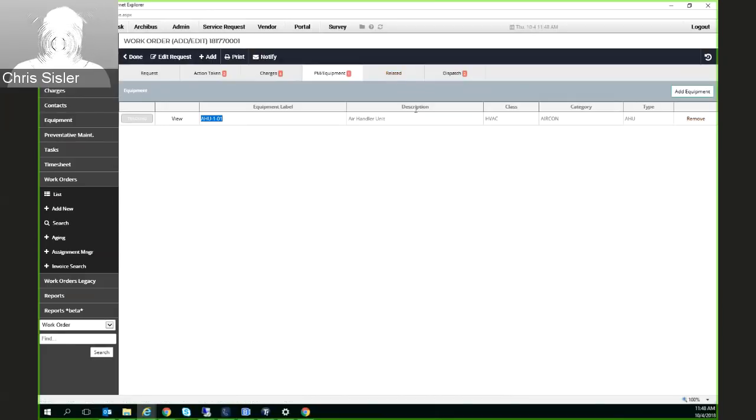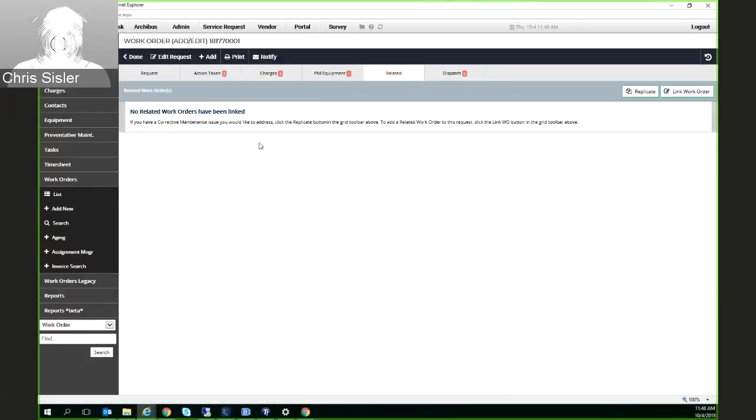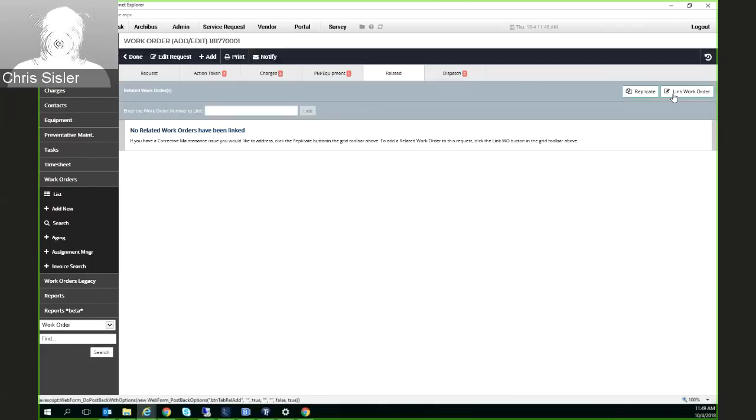You can click remove if you want to remove this piece of equipment if you made a mistake. Related is you can actually link work requests together. So if a work request was submitted for this door last week, and you were out there last week and addressed the same exact door, you could attach that work request from last week to this request, just so you know going forward that there's an issue with this door. Now you would just click link work order, and it allows you to enter a work order